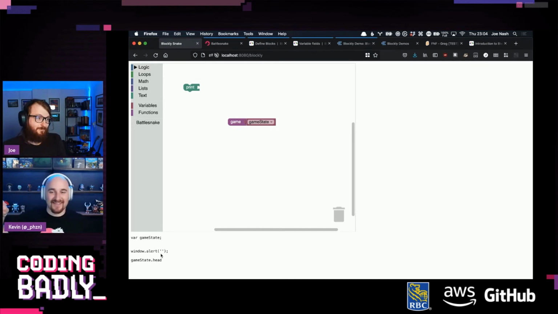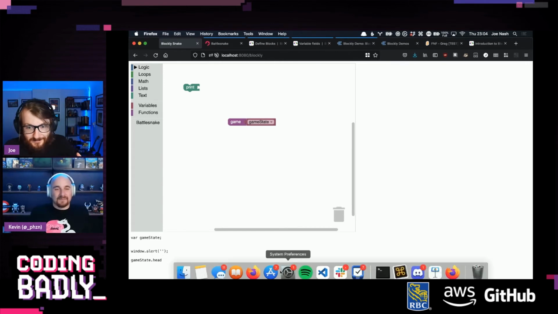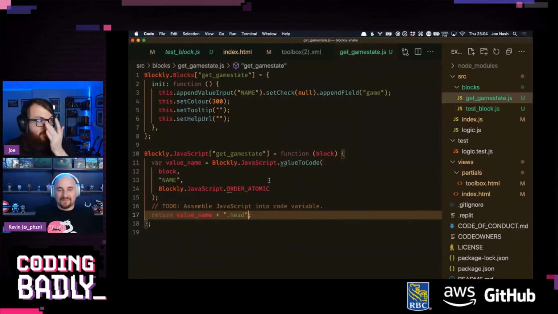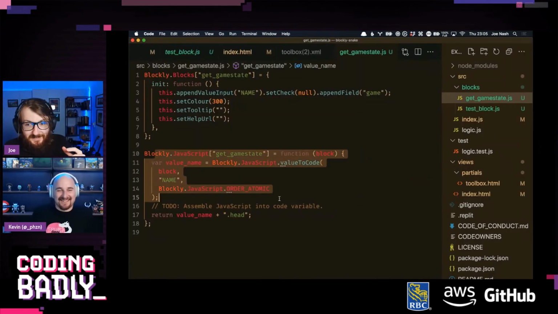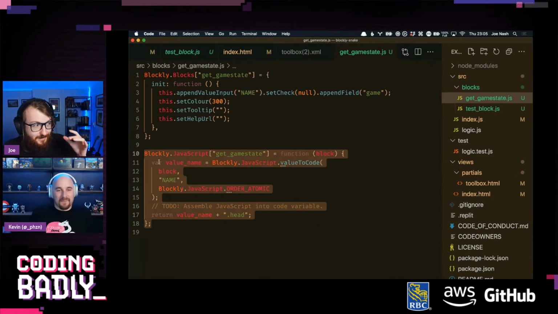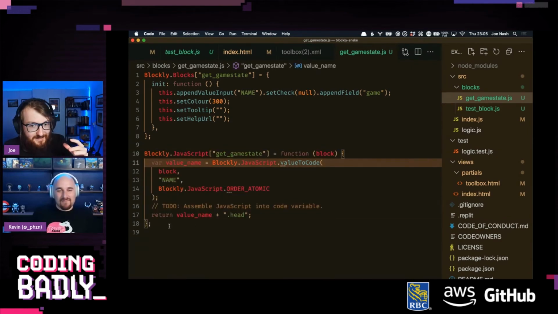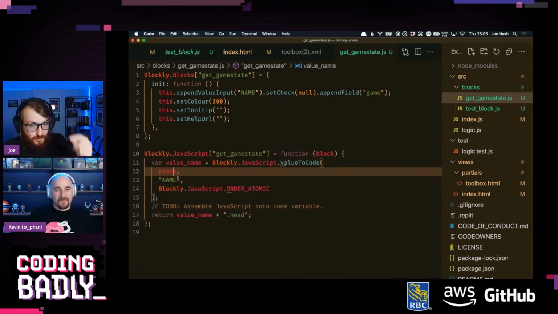To recap for those of you who didn't come on that journey with us, this is where we write the code that generates JavaScript.